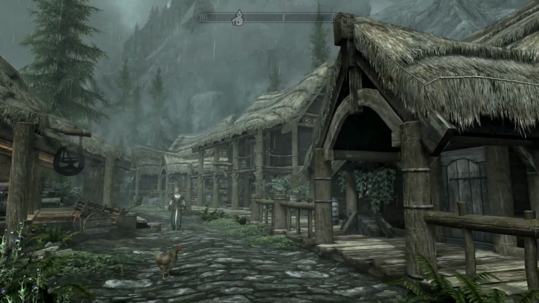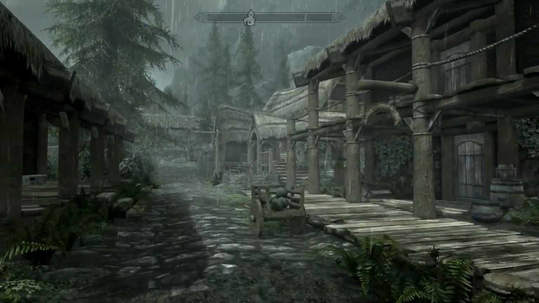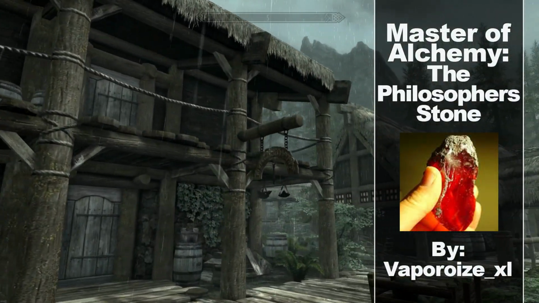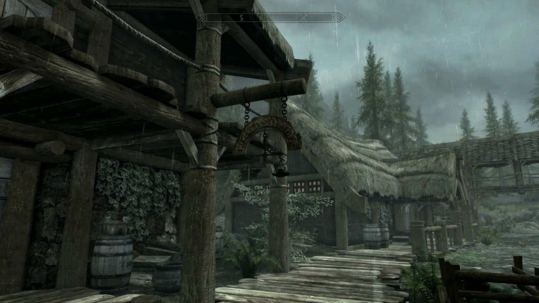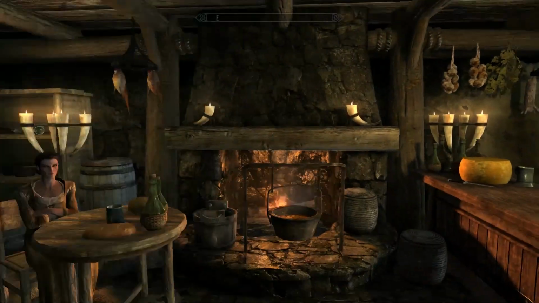We are here in the quaint town of Riverwood for mod number 2, which is Master of Alchemy, the Philosopher's Stone. So, Tori, why don't you hop in the Riverwood Trader and I'll explain why we go there. So once in the Riverwood Trader,